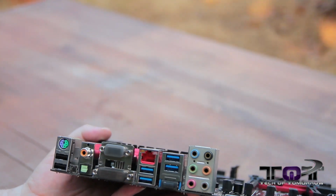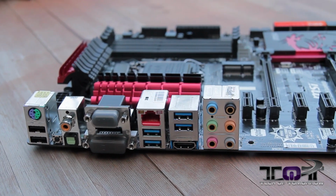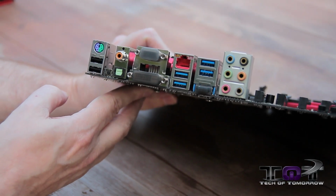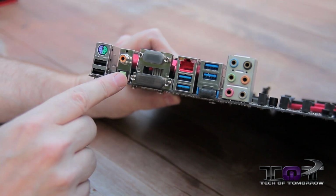Last but not least, folks, let's flip it around. Let's take a look at the rear I/O. Here you guys can see the rear I/O. Like we talked about before, these connections all right here are gold plated, superior gaming response, coaxial audio, SPDIF audio,